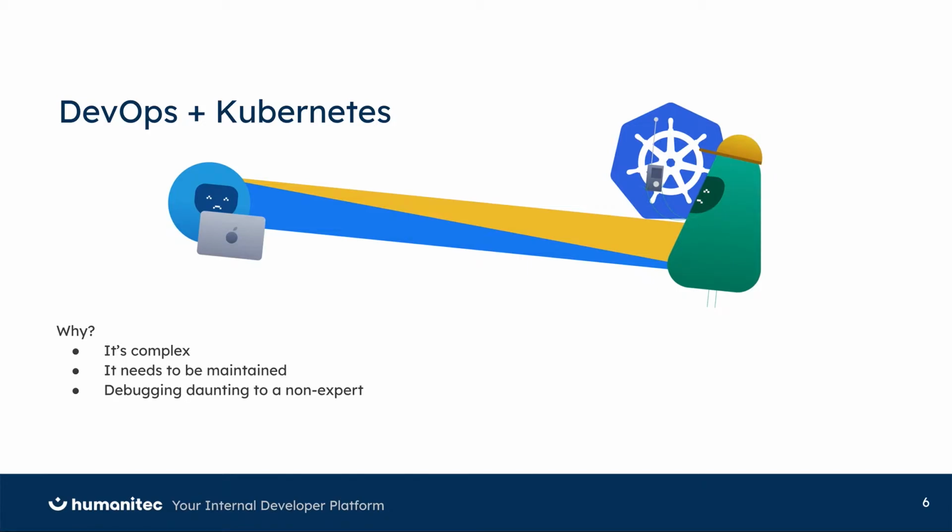And finally, debugging is daunting to a non-expert. As a developer who is maybe familiar with container technologies, coming to Kubernetes is actually a pretty scary thing. You have to worry about these things called pods. You have replicas, you have local load balancers, you have services. How do these things fit together? What do I need to look at to work out why my application is producing this error? Or why is my application not even starting? What is a crash loop backoff? All of these things are confusing and a little scary. And so more reasons why the operations team tend to be the people in charge of running and maintaining Kubernetes